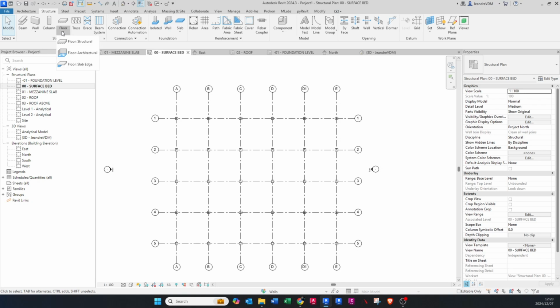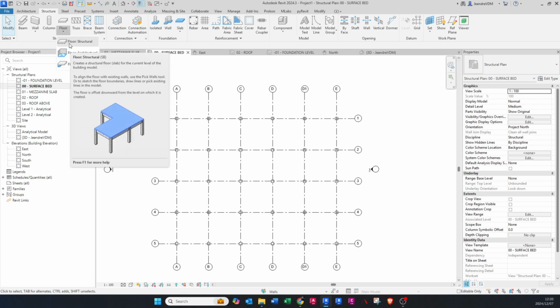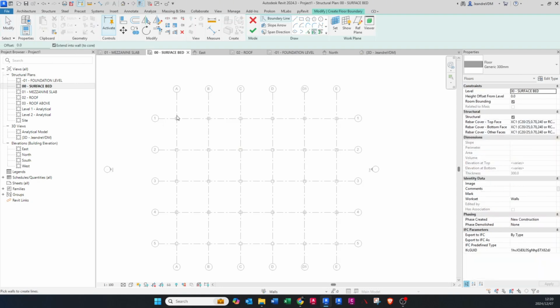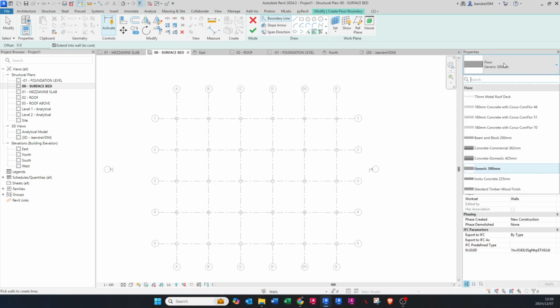You go floor structural. So if you're a structural engineer, you'll draw the floor in the structural tab. If you're an architect, you'll draw it in the architectural tab. But in actual fact, at the end of the day, any concrete element is actually a structural element. But anyway, if you go here, you'll see all the preset